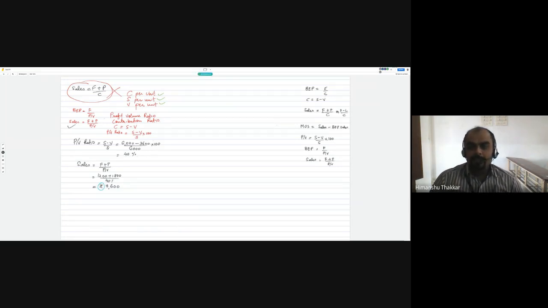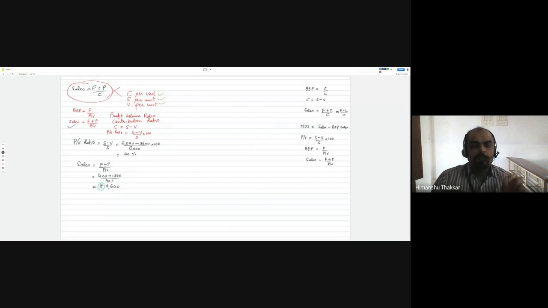See, this is the good thing about the second formula, that is PV ratio formula. PV ratio formula can be used in both the situations, whether you have per unit data or you do not have per unit data. But contribution ratio can only be used when you have the per unit data available. Now, for this example, you can go with the C formula as well as PV formula. Both can work.